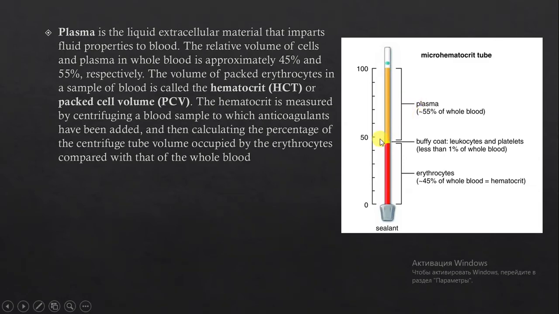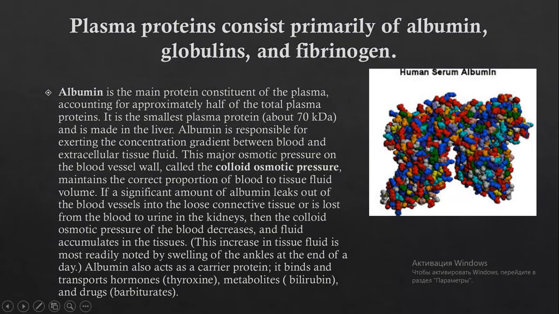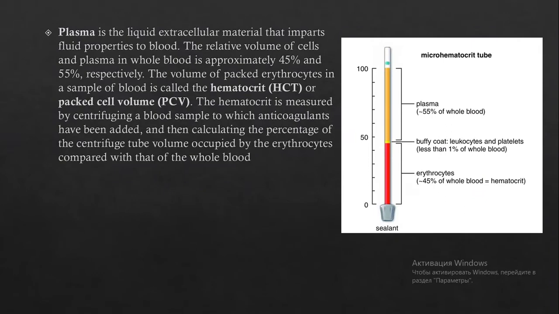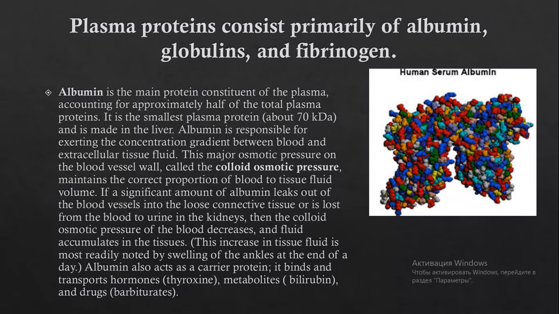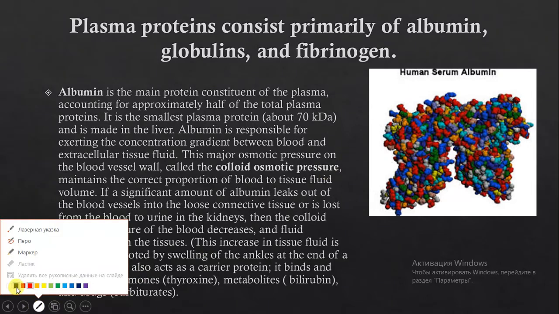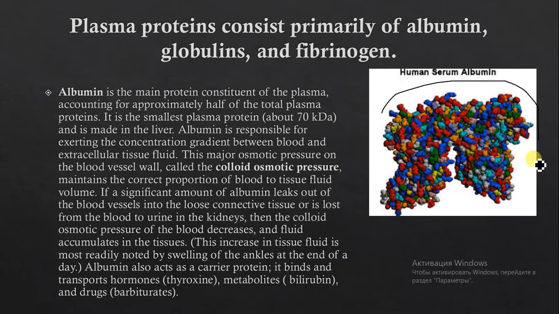Let's talk about proteins. What's the function of proteins inside the plasma? Functions are distributed between different types of proteins. Let's talk about them. The first and most numerous type of protein in the blood is known as albumin. Here on this diagram it's visible. This protein is known as albumin. It is a tertiary structured protein. It is water soluble, and